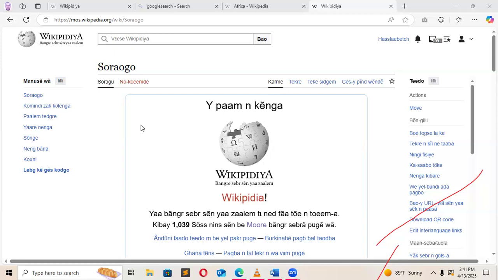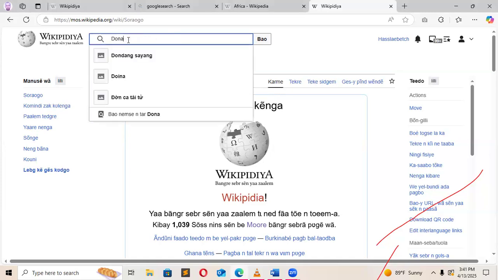To begin with, if a person wants to create an article, it's simple. With our site, first you have to go to the search part, where I can see the cursor. You go there and write the name of the article that you want to create.